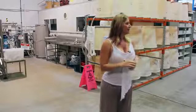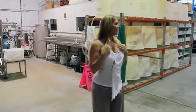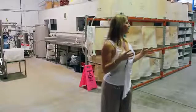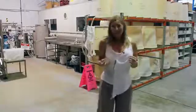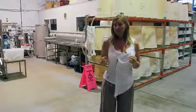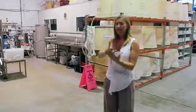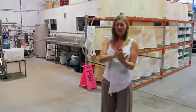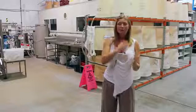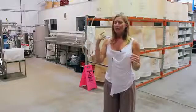Yeah. So we have a number of different stations around the factory, and basically the way we do things is very lean manufacturing principles. So the bulk manufacturing is basically our production manager pulls out the batch sheet and the number of units. So every week we actually schedule what we're going to make for that following week, and we know